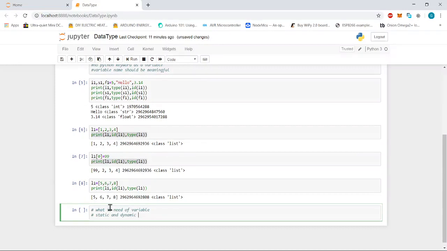In the case of a variable, let's say we want to find the area of a shape. Then we ask the user to enter the total number of sides, and based on that we calculate the area. For example, if the user enters 3 sides, we implement the equation for calculating the area of a triangle. If the user enters 4 sides, we implement the logic for calculating the area of a rectangle. Similarly, if the user enters 5, then a pentagon.